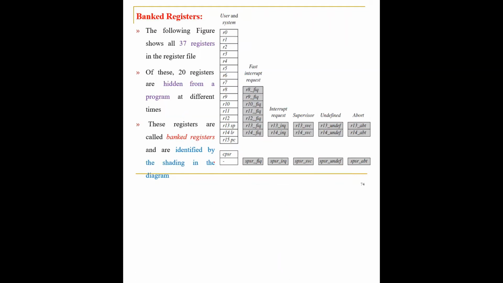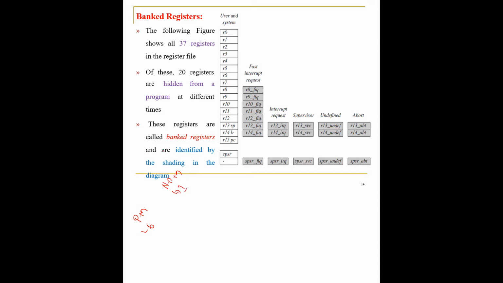When we speak about banked registers, we need to be very confident regarding the various modes in which the processor is going to work. One is privileged mode, the other one is non-privileged mode. In the privileged mode, you have got 6 different modes. In the non-privileged mode, you have got one.